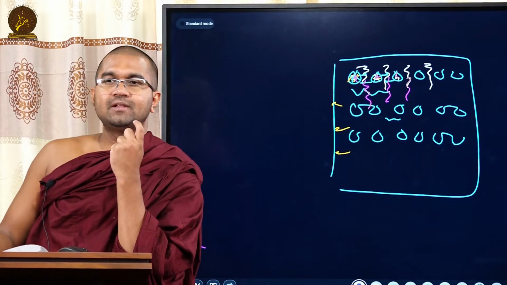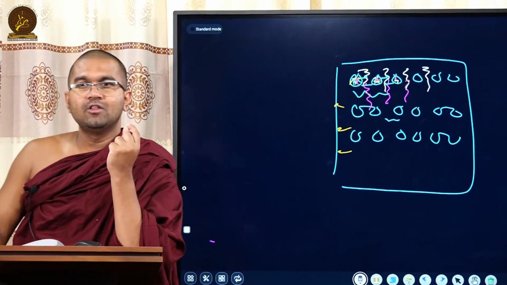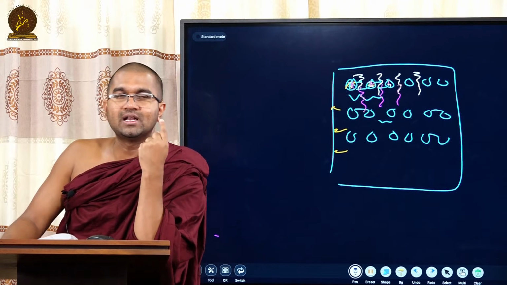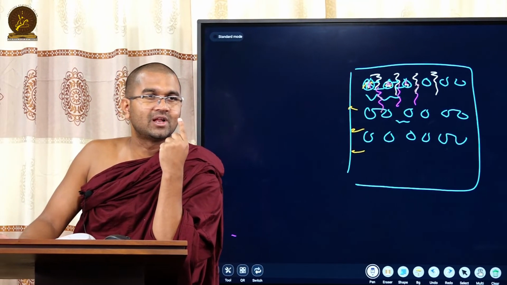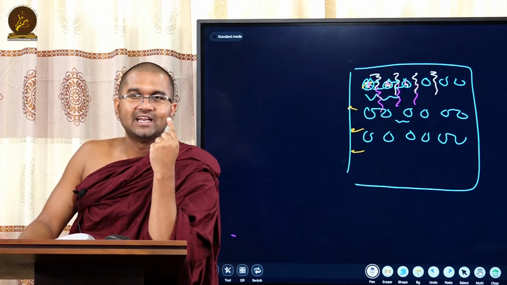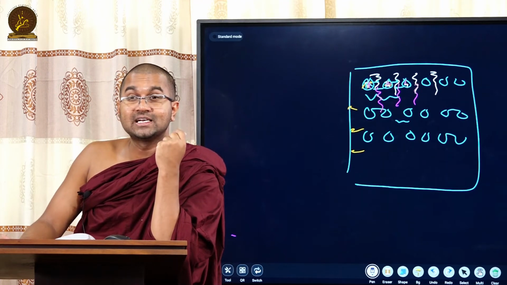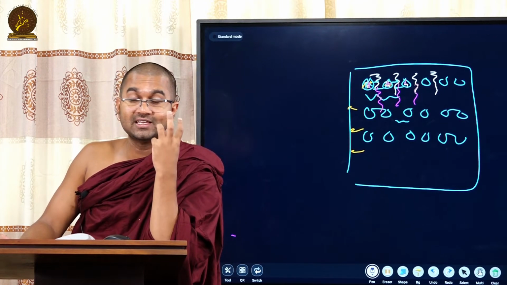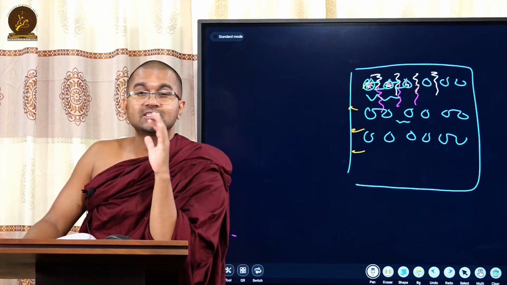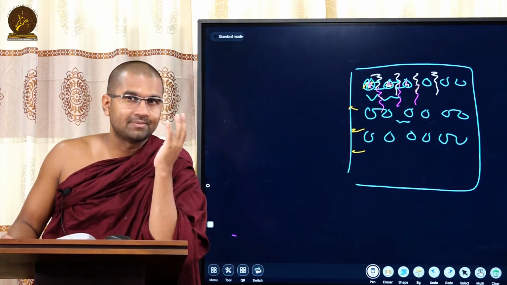So variousness helps you to get rid of the self-view, because always we have the self-view. The I-ness is one, always one. I-ness is one, right? The idea of I. So if you understand it's a combination of various qualities, the I-ness would disappear. The idea of I would disappear.